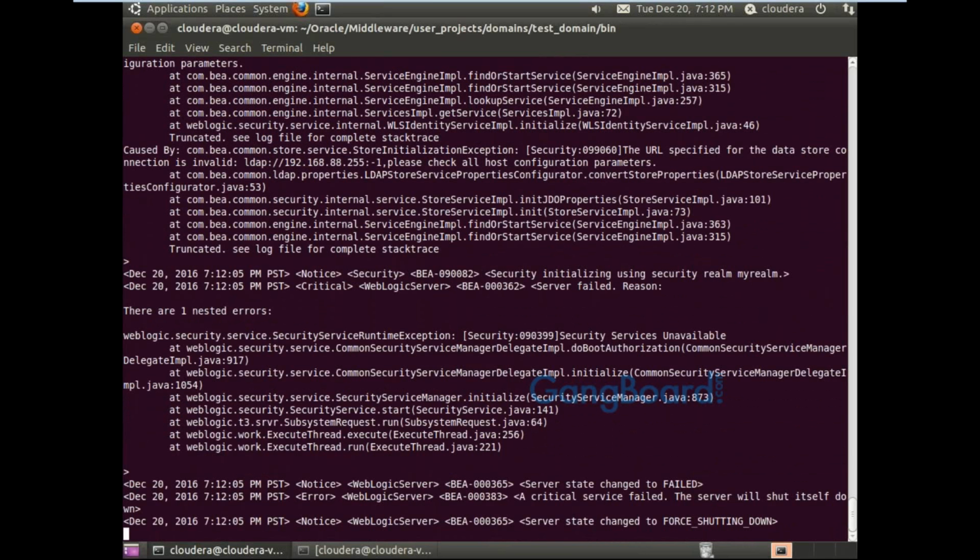Shutdown. WebLogic security service runtime, security service unavailable.